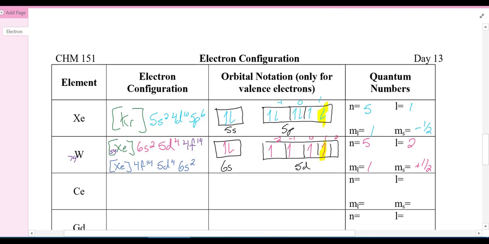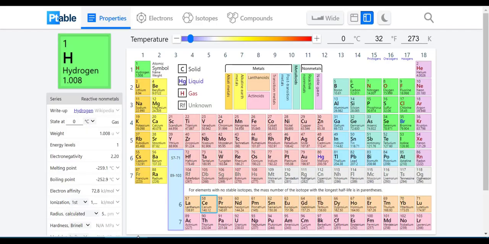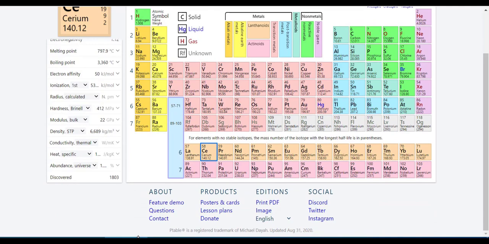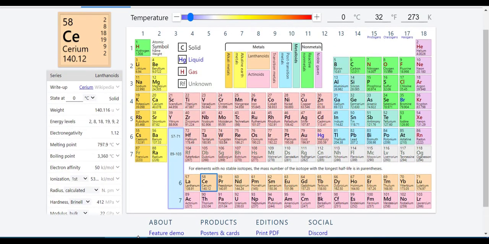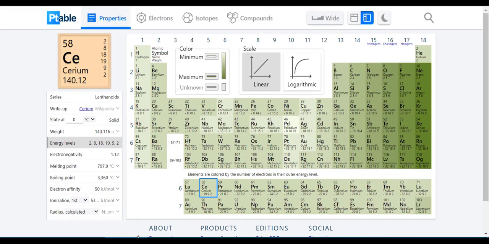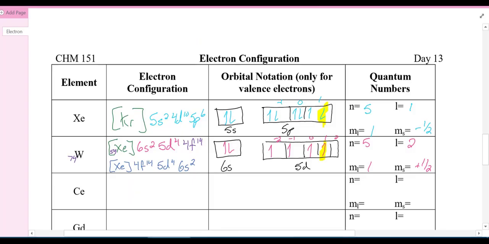Cerium. Where is cerium at? So let's go back to it's this guy right here. And it shows you, by the way, this is its electrons. 2, 8, 18, 19, 9, 2. It has energy levels, but it doesn't necessarily say what we got here. Alright, so going back here, I can still use xenon,